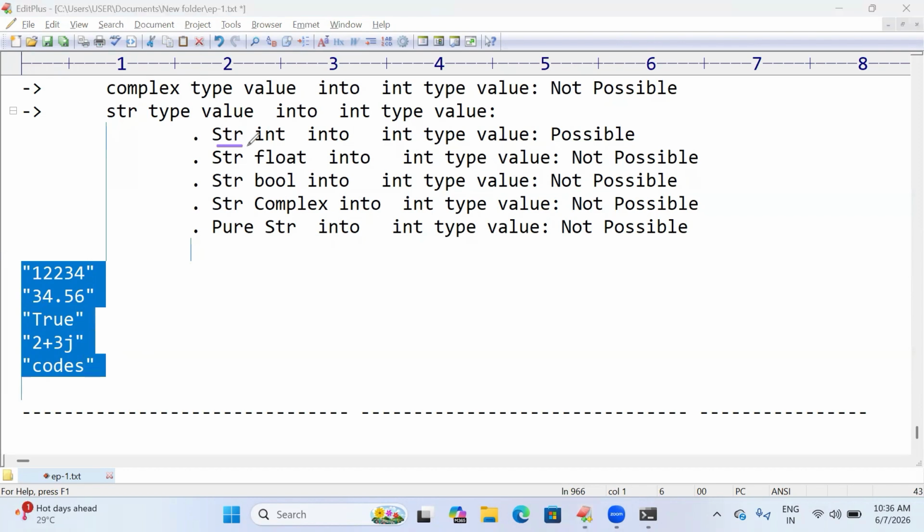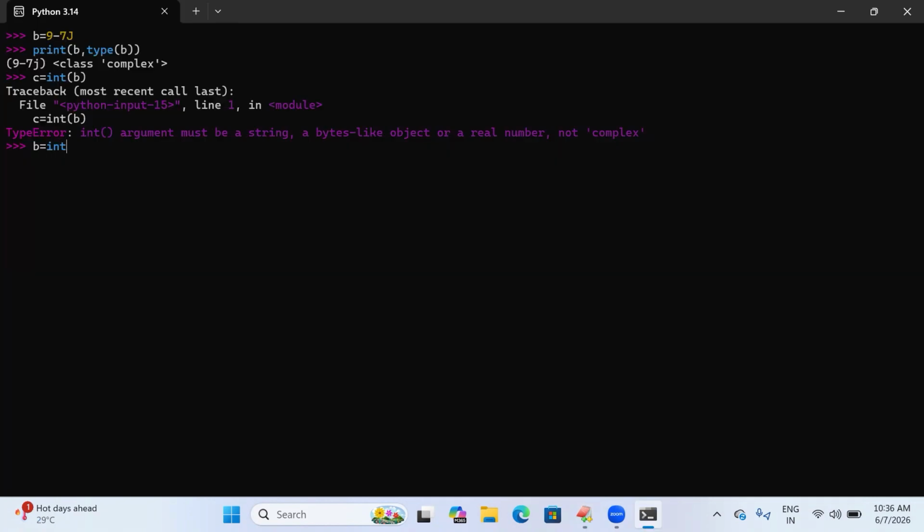Let's see if str int is converted into int type or not. Yes, possible. I'm taking b is equals to int of str int, right? 1, 2, 3, 4, 5. Any integer value you take, but it should be enclosed within the double quotes. So I pressed enter. I'm trying to print the value of b and its type also. See, this str int has been converted into int type. So next we are going to convert